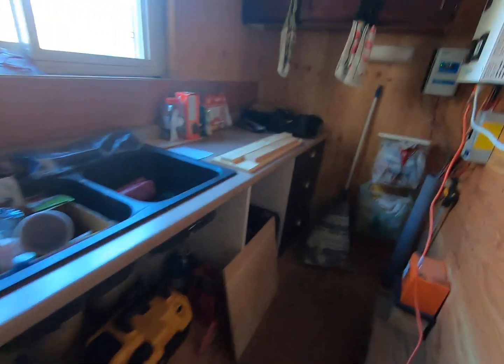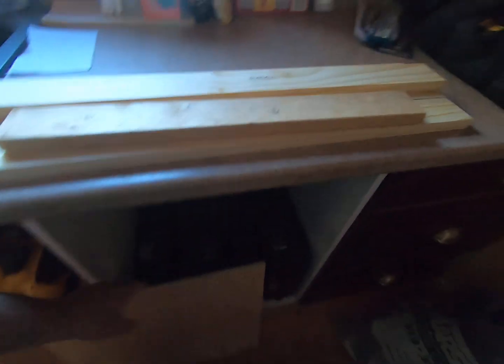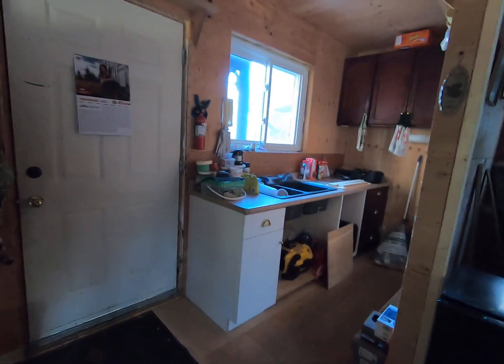So I've got all my boards marked for cutting, as you can see, and this is marked for cutting as well. So come out here next week. Won't have a chance tomorrow. Got some outside stuff to do tomorrow, like putting on the snowblower on the tractor. And we've got to bring up some